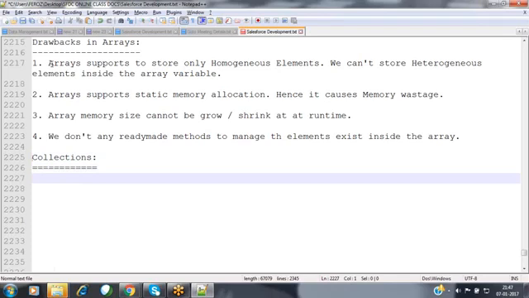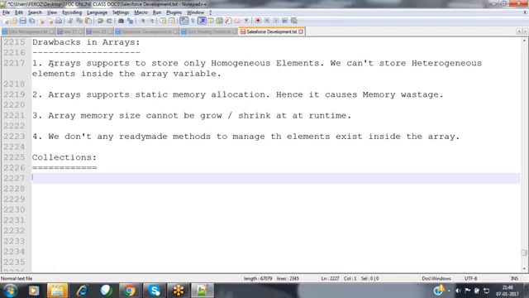So now what exactly are the collections here? When coming to the collections, collection classes allow us to manage elements of similar type as well as dissimilar type also. Nothing but it may be homogeneous elements, it may be heterogeneous elements also. We can manage all these types of elements inside a single collection. And not only holding elements of primitive types, we can hold all types of elements here. We can hold some primitive type elements. We can hold some S-object type elements. We can store some Apex type elements. Everything we can store inside that. That flexibility will be available to you here.